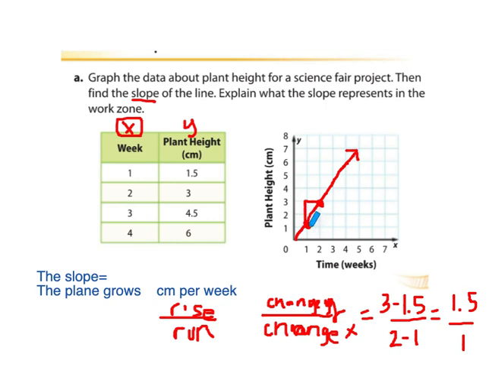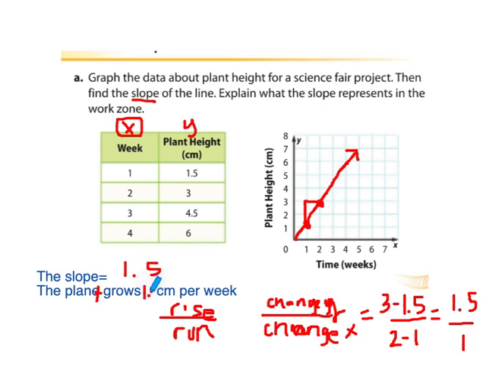If you look at the run, rise over run, the run goes horizontally. We go from this point to this point, took us 1, which is why you have 1 down here. So when you go to answer the question, the slope equals 1.5. The plant, whoops, we're going to put that, this is an E. The plant grows 1.5